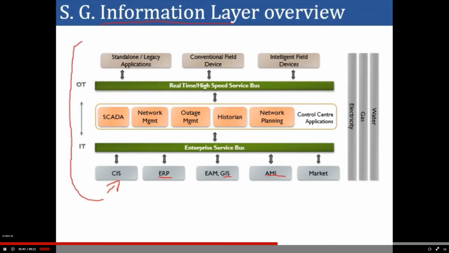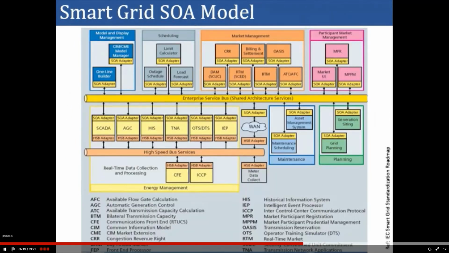And we also discussed that the information architecture, which we are seeing in this slide, is not only for electricity, but also equally applicable for gas as well as water. So, in a smart city concept, this kind of architecture is very common, where we integrate all the services in a single information model. Then we discussed the smart grid service oriented architecture model, where we discussed that the